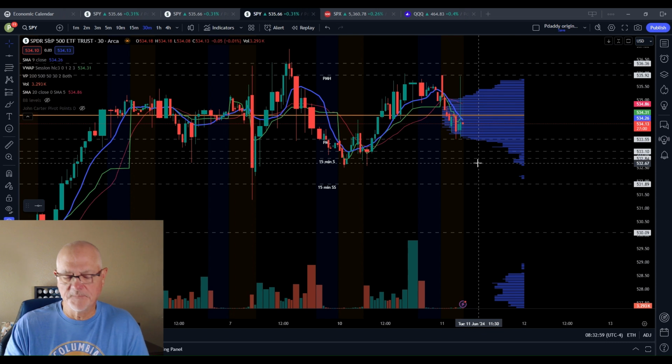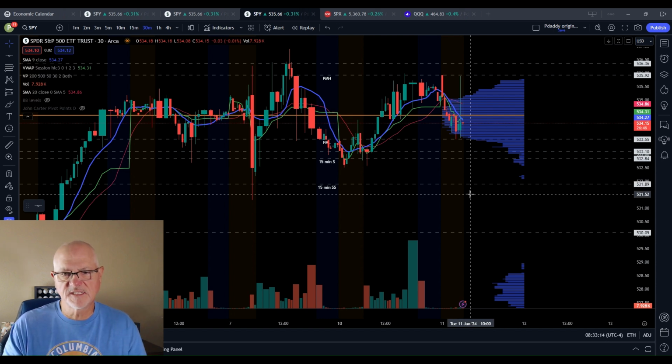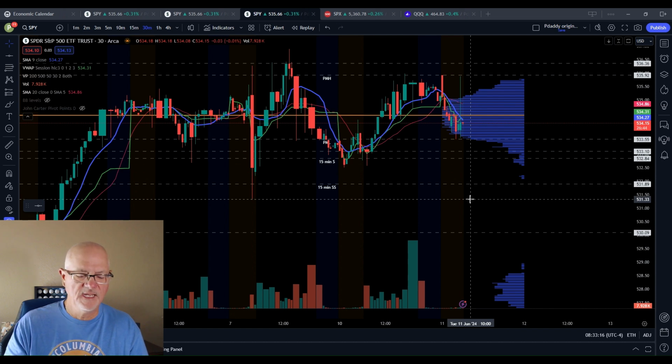But again, demand zones down low, supply zones up top, and then play it either aggressively. You can play a double cross, you can play a fishtail, you can play it conservatively. However you are going to play that play, just be consistent. Please just be consistent, and then track what you're doing. If it's an aggressive play, put in your notes that it was an aggressive play, or a fishtail play, or a conservative play. However you are playing that play, make sure that you're taking notes and